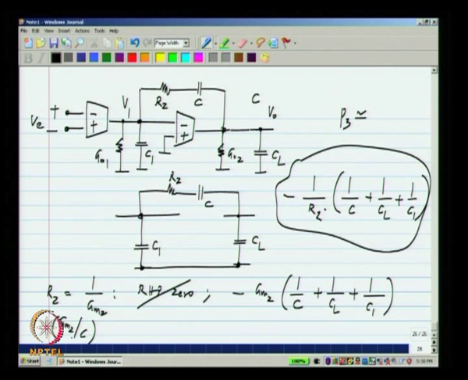Okay. Now, comparing these two, you see that the pole that you introduced is at a higher frequency compared to the 0 that you eliminated. So, we are still safe. The 0 that you eliminated removed some phase lag, the pole that you introduced adds some phase lag, but because the pole you introduced is at a higher frequency, it introduces less phase lag.